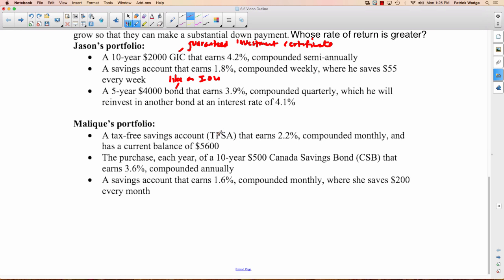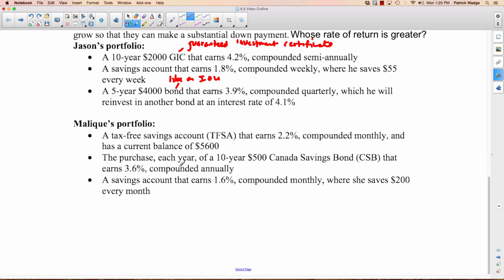Tax-free savings account, there's no tax. The income you earned is not taxed, and even better, even when you withdraw the money from your tax-free savings account, it's still not taxed. So that's different than RESPs and RSPs, which when you withdraw the money, you get taxed on it, but not while you're accumulating the money. This was just introduced into Canada in the 2000s, I think around 2006 or something like that.